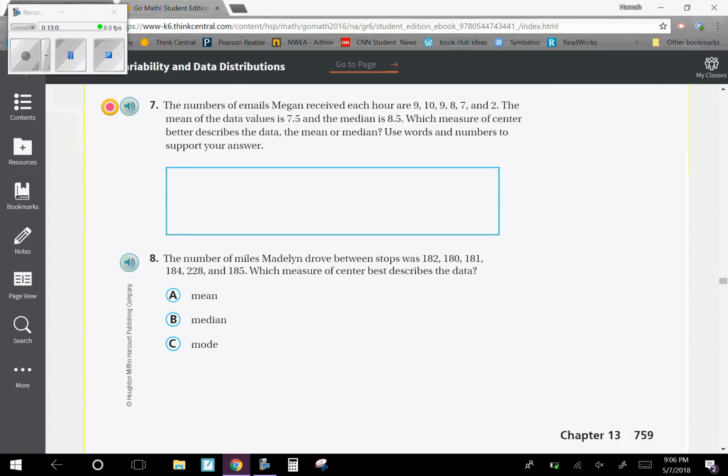Number 7, the numbers of emails Megan received each hour are 9, 10, 9, 8, 7, and 2. The mean of the data values is 7.5. The median is 8.5. Which measure of center better describes the data, the mean or the median? Use numbers and words to support your answer. Okay, so looking at this data set,